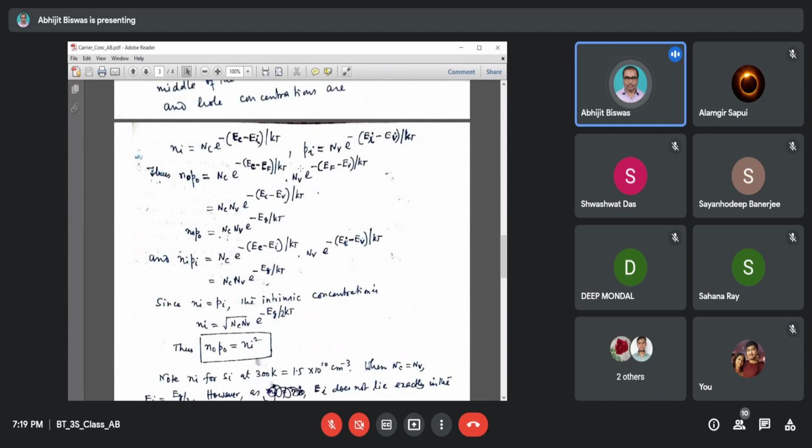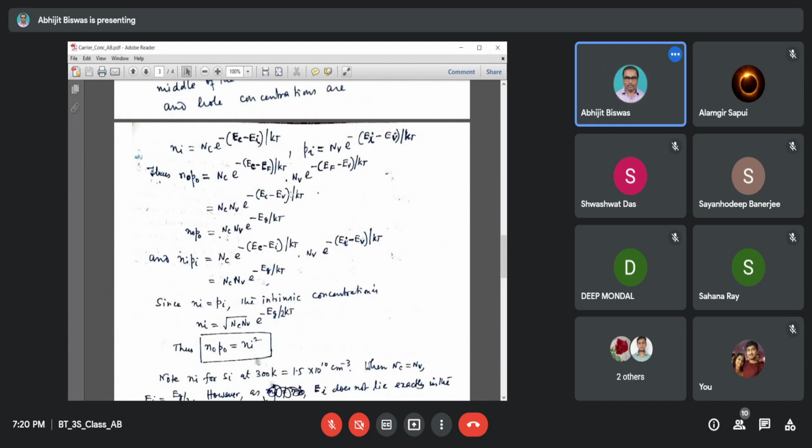So in case of intrinsic material we will write Ei, in case of extrinsic material we will write Ef, the Fermi level. So N0 into P0 is equal to Nc e to the power minus Ec minus Ef by kT